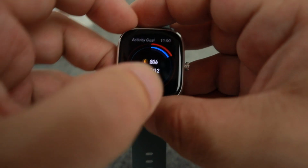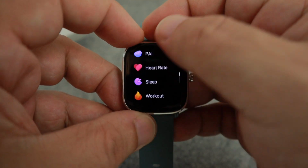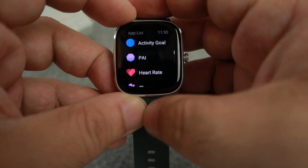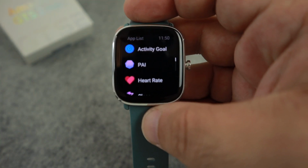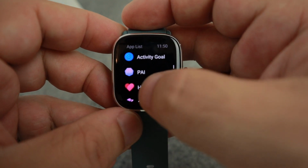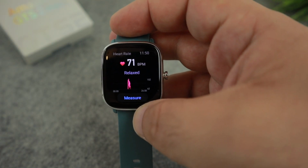To go to the menus, just press the button. You'll see loads of menus, guys. I'm not going to cover everything in this video, but let me just really quick show you. You have the activity goal that I showed before, heart rate monitor. Of course, this watch shouldn't be used as a medical instrument, it's just a smartwatch,